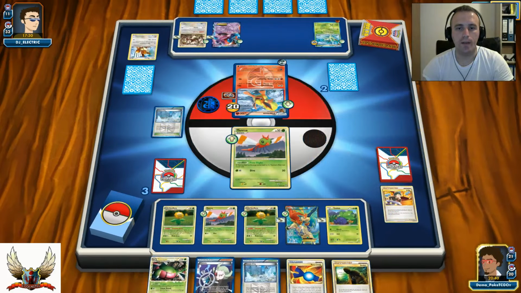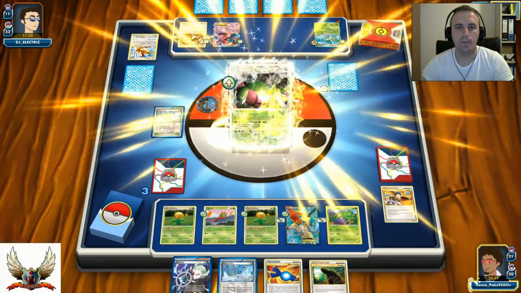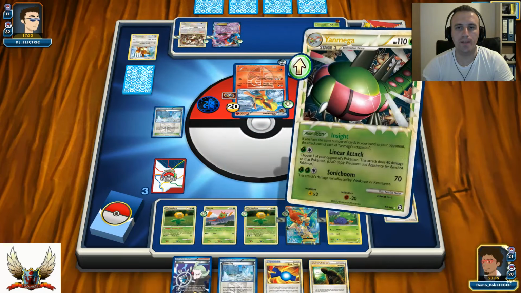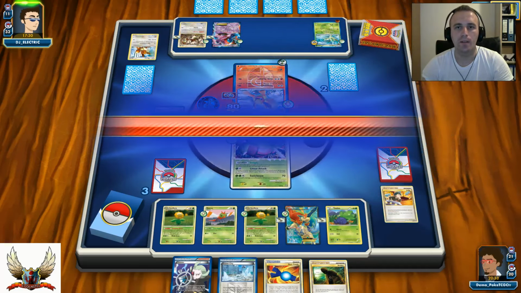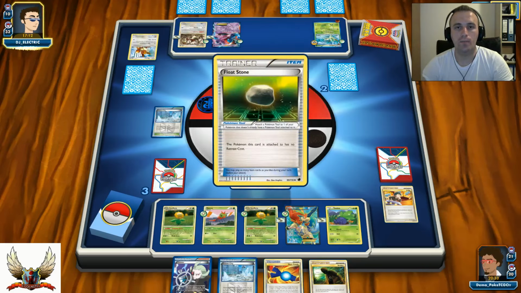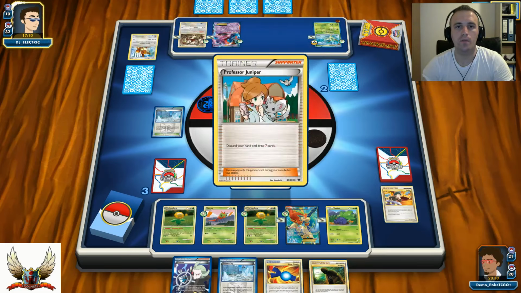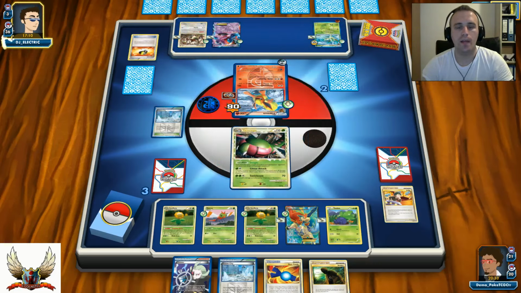I don't have another option right here, so I'm forced to play my Yanmega and hit my opponent's Flareon for 70, so next turn he can actually knock me out, but the turn after that I can knock him out, and then again I'm in the better position because I can even use my rare candy for pretty much item lock my opponent, so he cannot play any item cards. There's a Floatstone and Professor Juniper, so he goes to 7 cards. He wants to have a big hand,